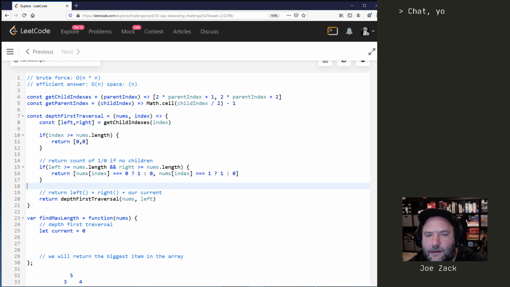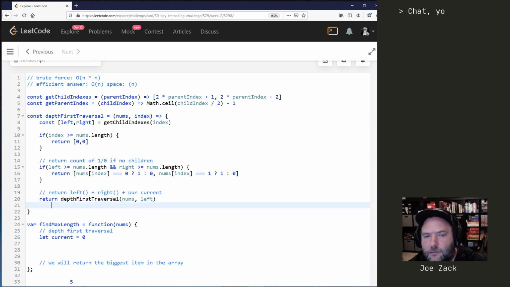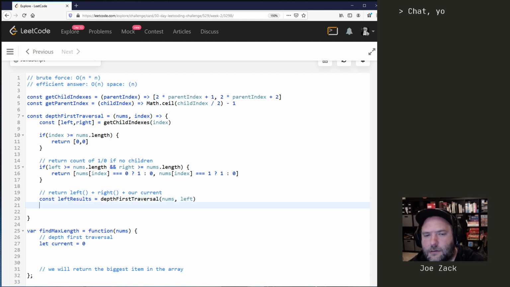So that's good there. If somehow we get past this check, that handles a good condition that would have broken us in a minute here. So we're returning our left results. Or here, let me do it like this. Const left results equals this. Const right results